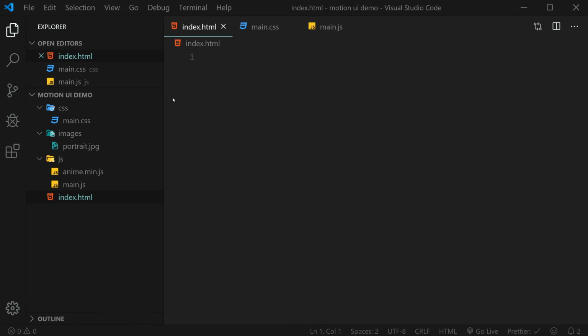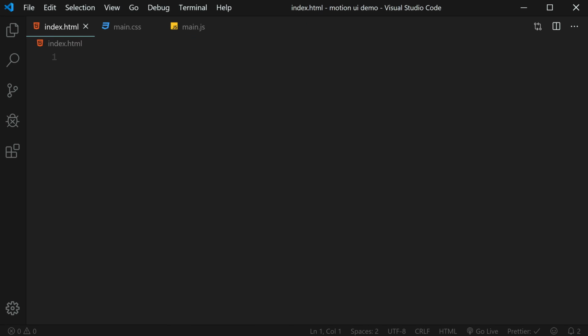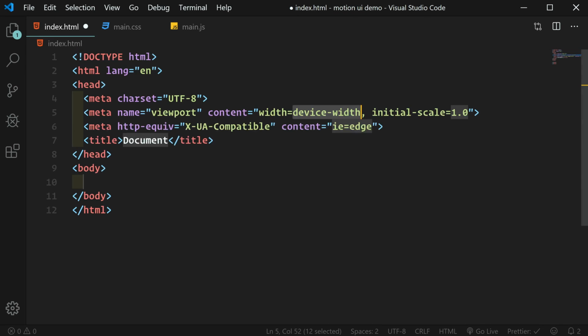All right, so I have a project folder open here with a basic structure: a CSS folder with a main CSS file, an image folder with an image that we're going to use, a JavaScript folder with anime.min.js and main.js, and index.html. I will have a link in the description below for the GitHub repository so that you can download all of the source files. Let's get started on the HTML file, close the sidebar, and we're going to start with our basic boilerplate. Use Emmet, exclamation, enter, and we'll name this Motion UI